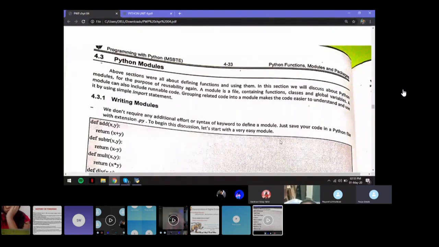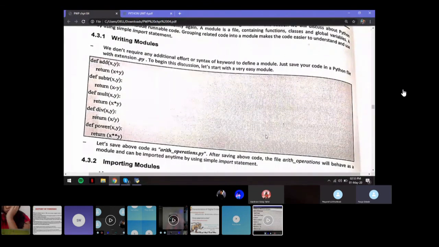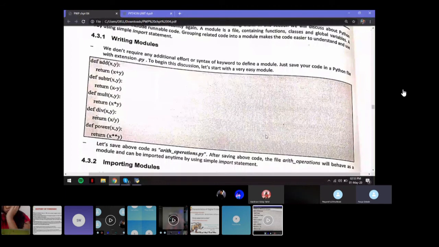So basically, what you're going to do is save whatever code you have. For example, if you're writing a program to calculate the square of a number, you'll just save it in a Python file with the extension .py, and then you can import that square function or that entire program into some other program that you need to use it in, right?